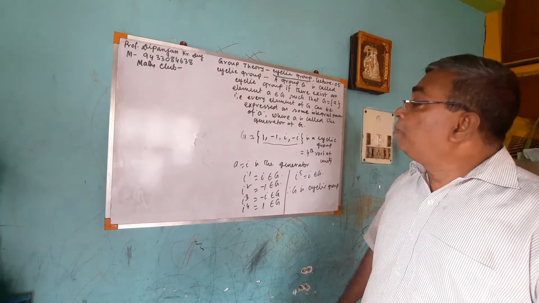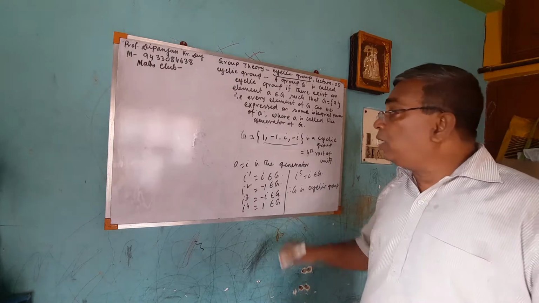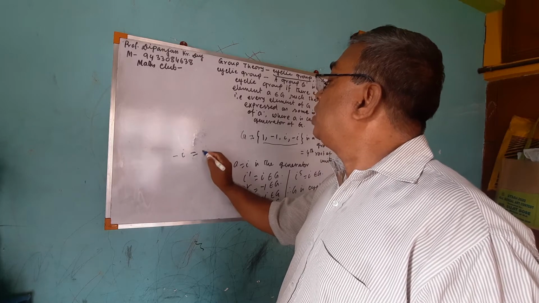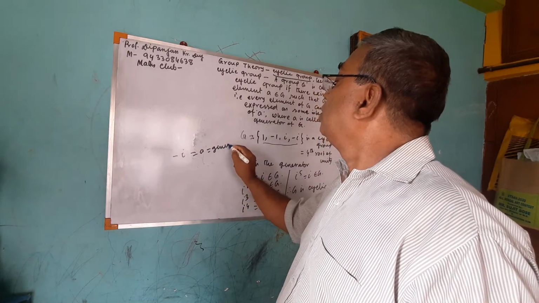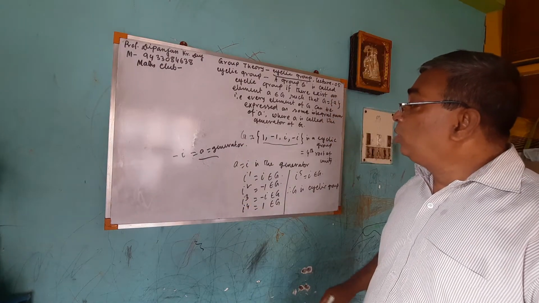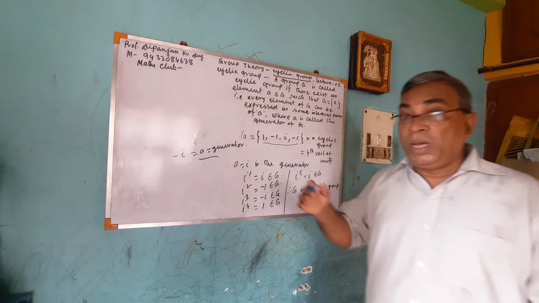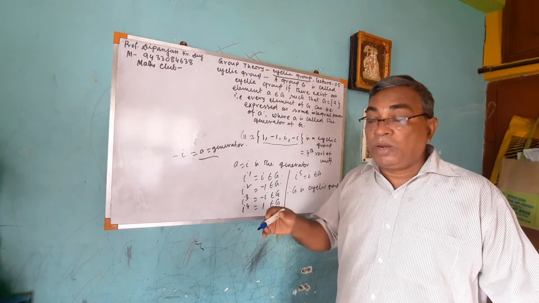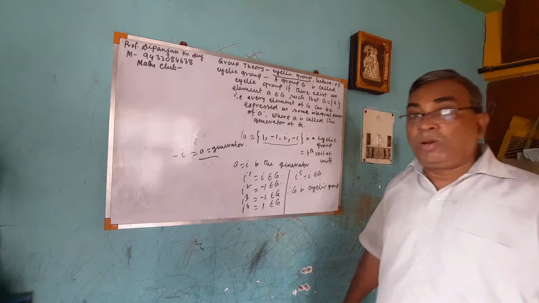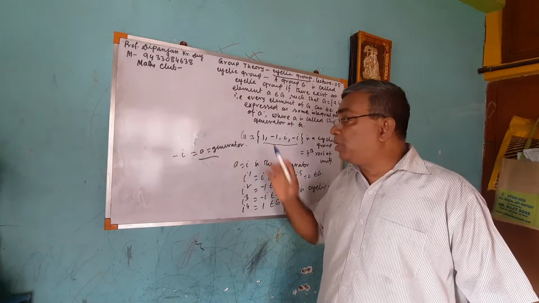Similarly, you can check minus i is also in this group. i and minus i are also generators of this group. That is, minus i equal to say A, that is equal to the generator. You can check it. I am not doing it here. Minus i is also a generator. That is minus i to the power 1, minus i to the power 2, minus i to the power 3, minus i to the power 4, minus i to the power 5. All the results become either plus 1, minus 1, or plus i, minus i. So we can say minus i is also a generator of this group.